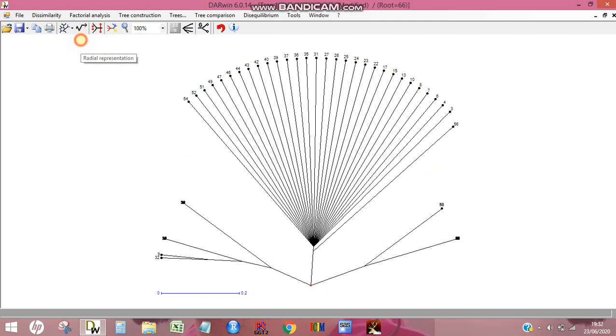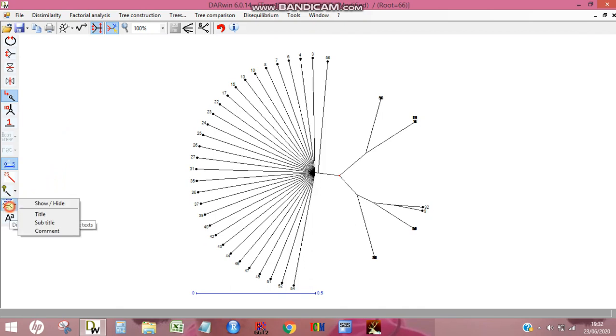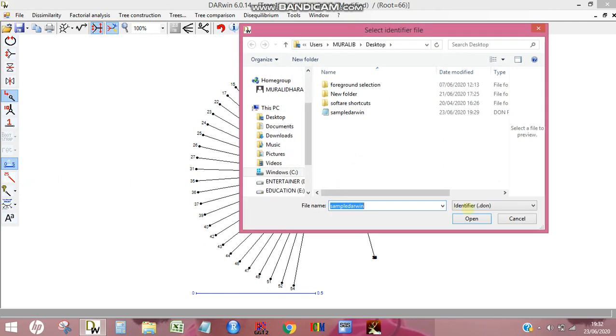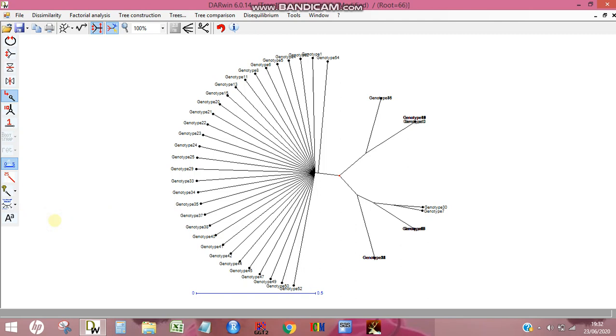I feel radial will be good, and I will let you know about some of the other settings. Instead of numbering, if you want to see genotype names in the dendrogram, go here, select identifier files again, and change it to Darwin. See, now we get the genotype names we gave as input.